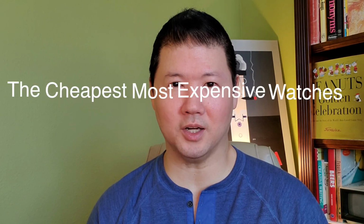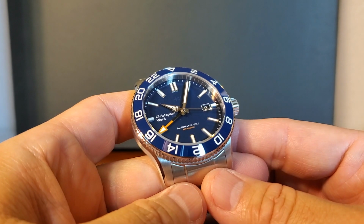So what do you get from three guys on a boat? You get the cheapest, most expensive watches in the world. Let's go take a look at Christopher Ward's C60 Trident GMT. Let's go. And here it is in 42 millimeters,